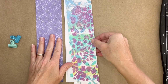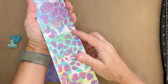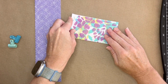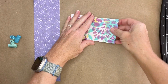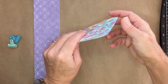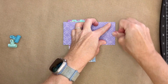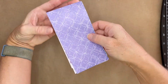I'm going to go through the same steps that I went through to make the stapler book. This time I'm just going to leave all of my printed pages in the same direction, and I'll again fold it in half. You can trim it to whatever length you want if you want a shorter book, but for this project I wanted these longer pages, these rectangular shaped pages. And again, I'll do the same thing where I fold my cover, place the pages inside the cover,